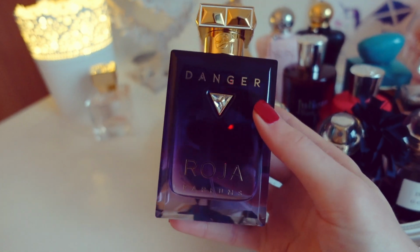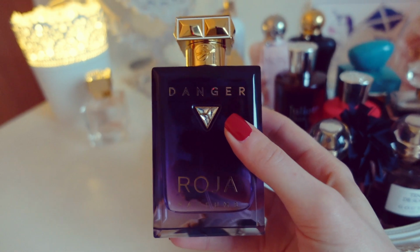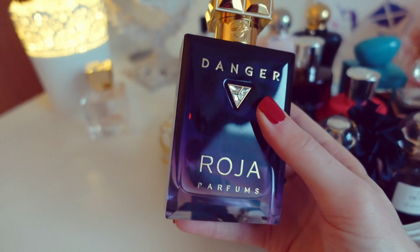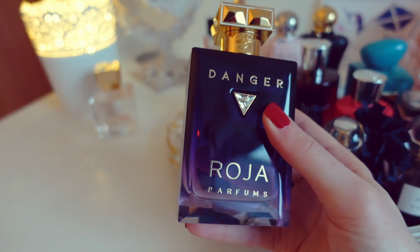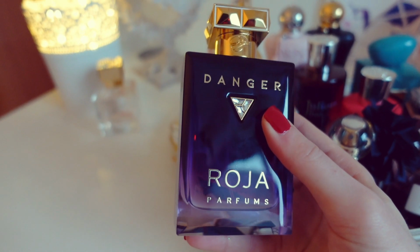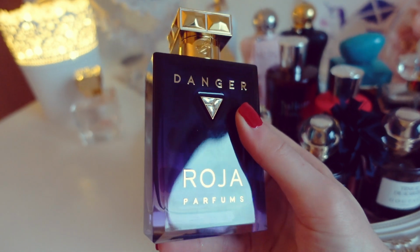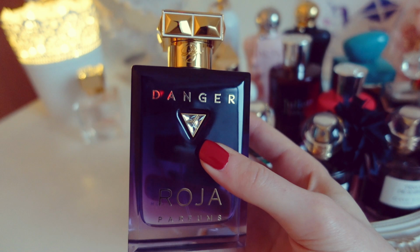One thing I just want to add quickly before I move on is, although this is a very, very elevated fragrance, to me it is still very comfortable and easy to wear, which is essential for me, if I'm being honest. There can be a really stunning fragrance, but if I don't feel comfortable wearing it, then chances are it just won't even get worn in my collection, and there's obviously no point in that. But this is a fragrance that I really do feel very comfortable wearing, even though it's very elegant, sophisticated